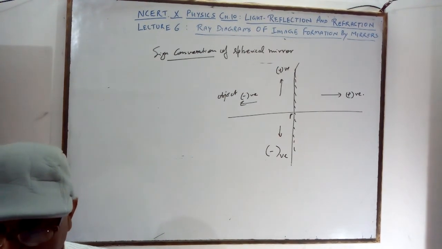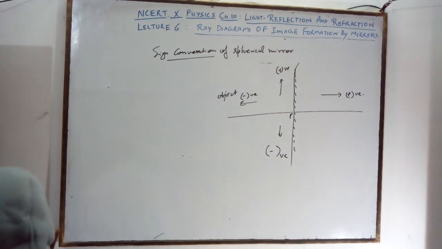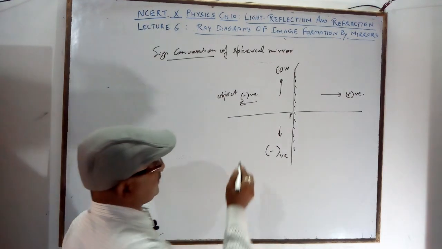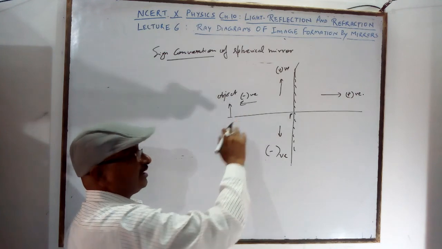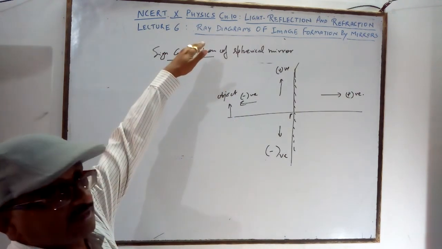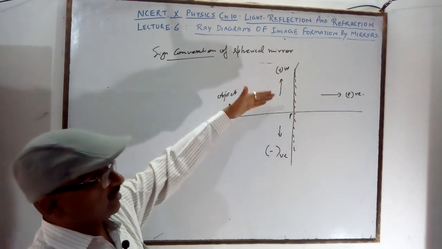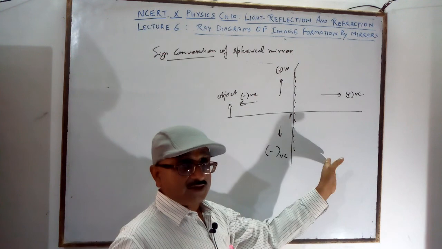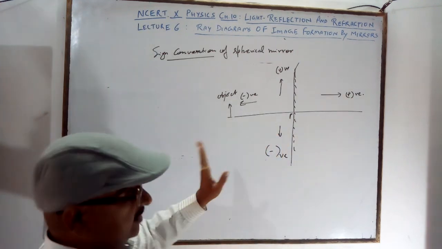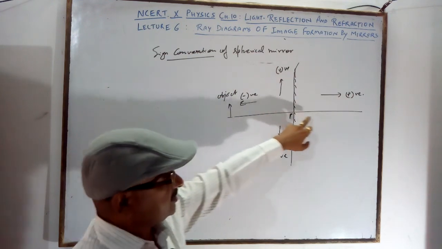With the help of the sign convention, consider the left side, where the mirror is a concave mirror, so the object is placed above the axis. So height is always positive because the object is like this. And the image forming below is called negative. Real images you always get inverted, so real images will be in the downward direction from the principal axis.